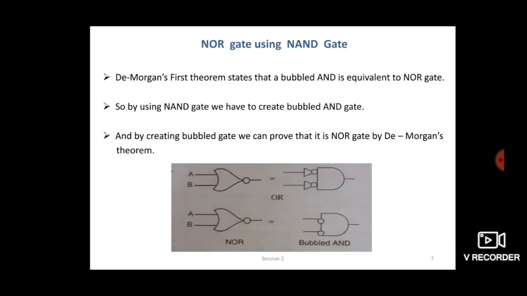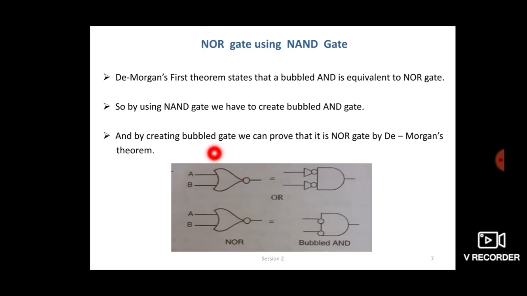Now next is to construct a NOR gate using NAND gates. Student, for the NOR gate, how to construct the symbol or Boolean equation? The symbols of both gates are totally different.